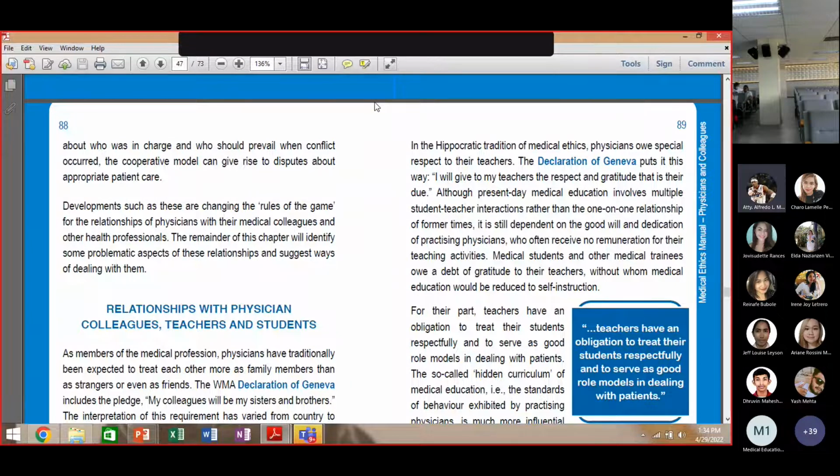So, classic example, class. I am a lawyer and at the same time, your teacher. Okay? Though I am a doctor, I'm not a doctor of medicine. I am a juris doctor. So what is a juris doctor? A juris doctor is a person who studies law, okay, legality. So if I get sick, class, okay, so according to this Declaration of Geneva, you also extend professional courtesy to me being a teacher, okay?